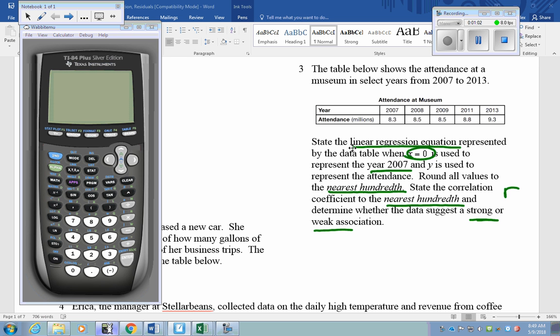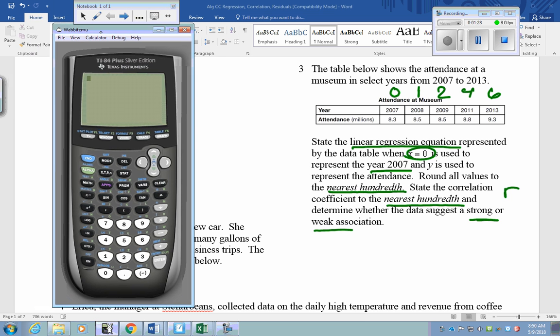So first thing I'm going to do is change my year values. It says 0 is 2007. So that would mean 2008 would be 1 year later. Then we have 2 years later. Then we have 4 years later and 6 years later. So they try to throw us off by skipping years. So now that I got my table set up,